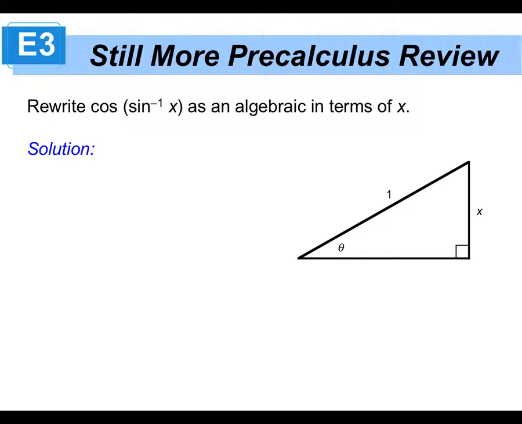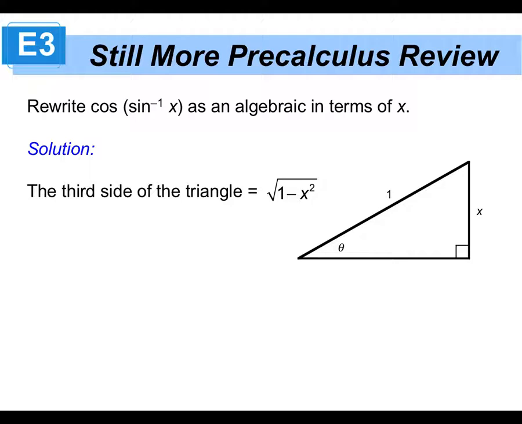Sine of x. X is x over 1. Opposite over hypotenuse. How long is the third side? Root of the quantity 1 minus x squared. Yes, good. Now that I have that, I've got my triangle done, and I can do any one